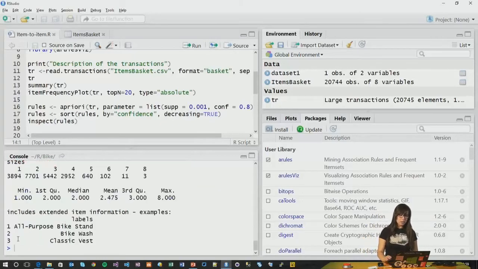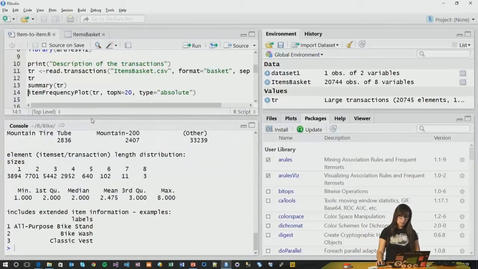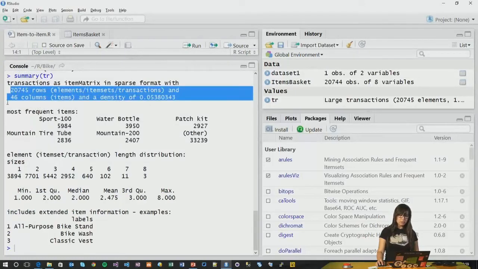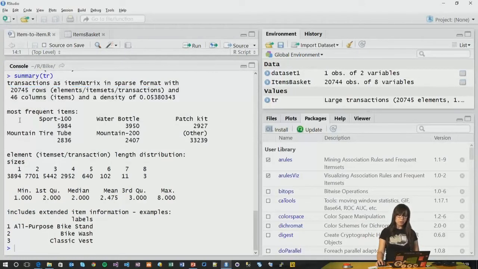We can have a look at a summary as well, so let's just do this. Here we see the same information as beforehand. We see the most frequent items as well, which are Sport 100, water bottles, and so on and so forth. And it gives you some more statistical information as well. Going back to the script,